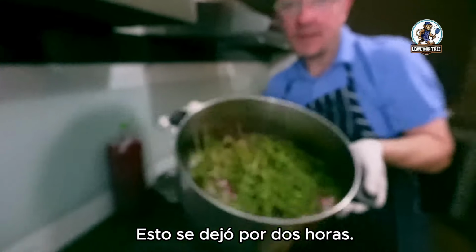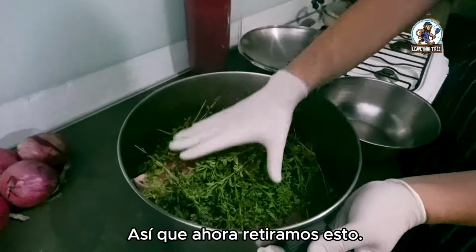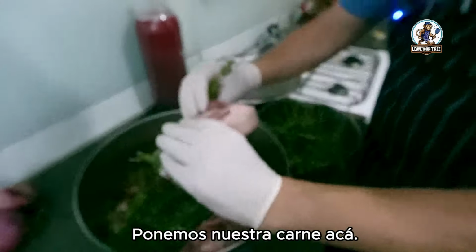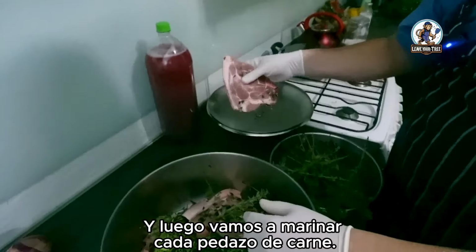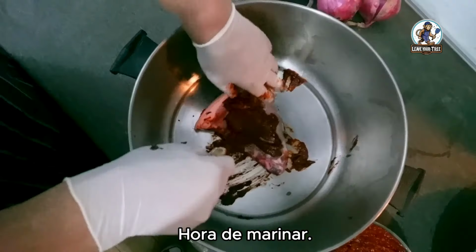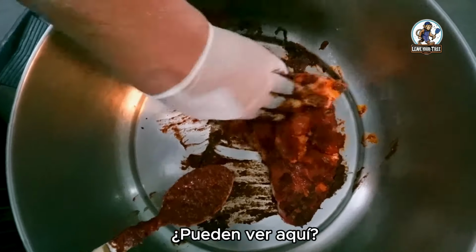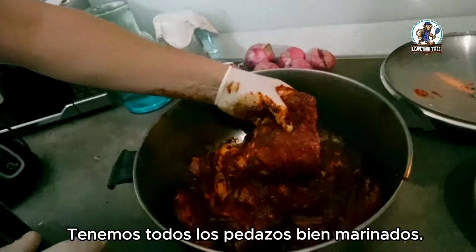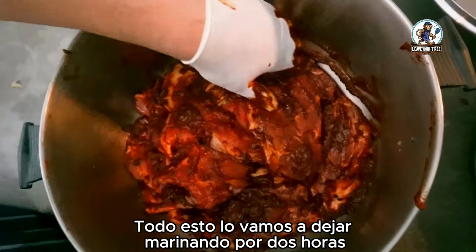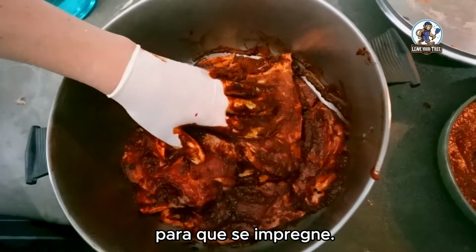This has been left the 2 hours, so now we take this out. Okay, let's put our meat over here, and then we're going to put the marinade on each piece. Okay, let's marinate this. Can you see in there? We have all of these well marinated, okay? All of that, and we're going to leave that now for 2 hours, just so it can absorb, and then